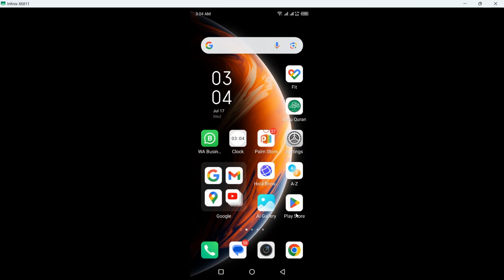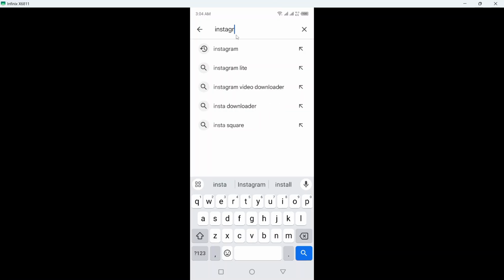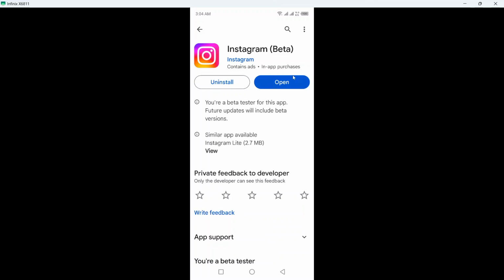So the first step you need to do is to open Play Store and search for the Instagram. Click on that and you need to update your Instagram application. As you can see, my Instagram is up to date. Then you need to go back